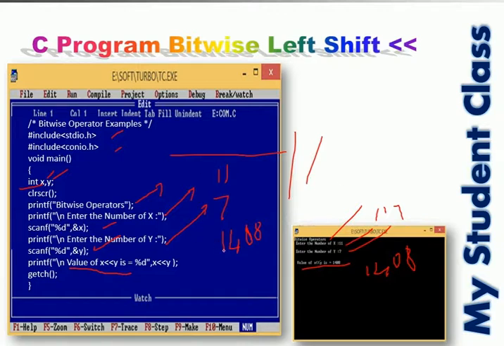Behind this, we have seen the mathematical work, and the program executes through that process only. This is very useful for program developers, because in the field of program development we should also concentrate on the logical and mathematical side of our programs. We should know what is behind a program, some mathematical and logical work. So until now we have seen the left shift operator.